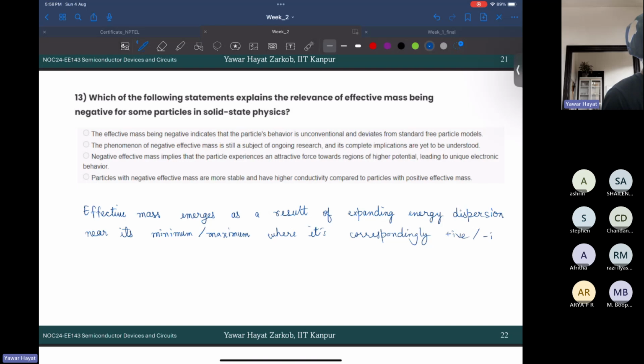Positive, negative. So in the latter case,